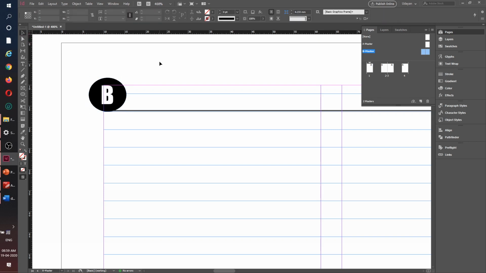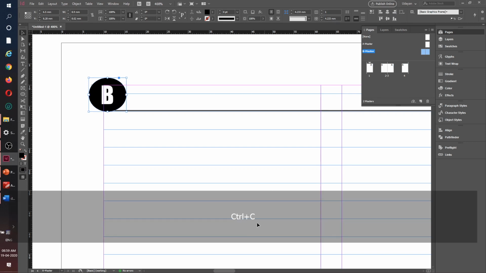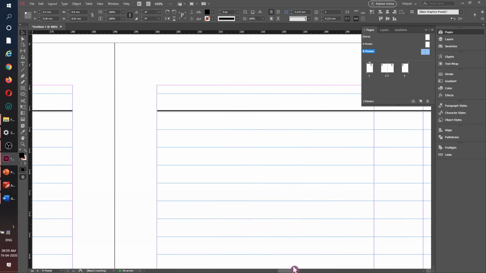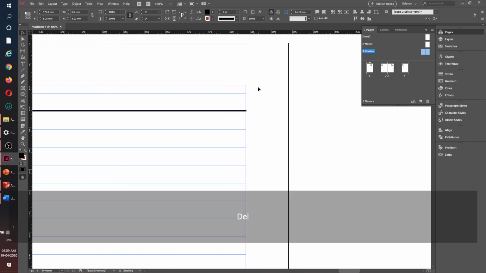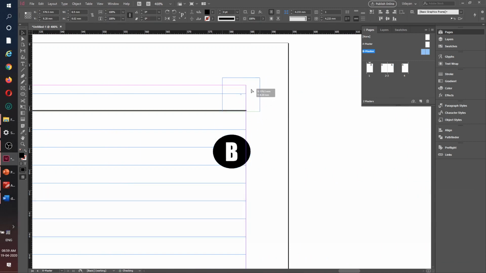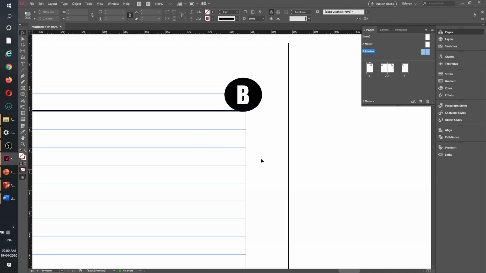I will do the same thing for the other side as well. Actually I can copy this so that I will not have to worry about fixing this page number again. So this time I will copy this and place it there and remove that other circle from there. Take this out and paste it here. So I don't have to worry about the same settings once again. Yeah, that's all we need to make the master page.